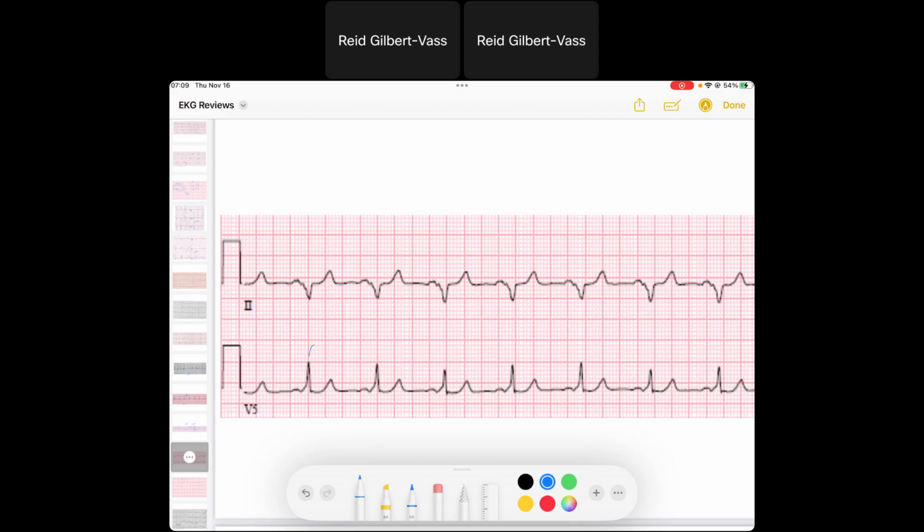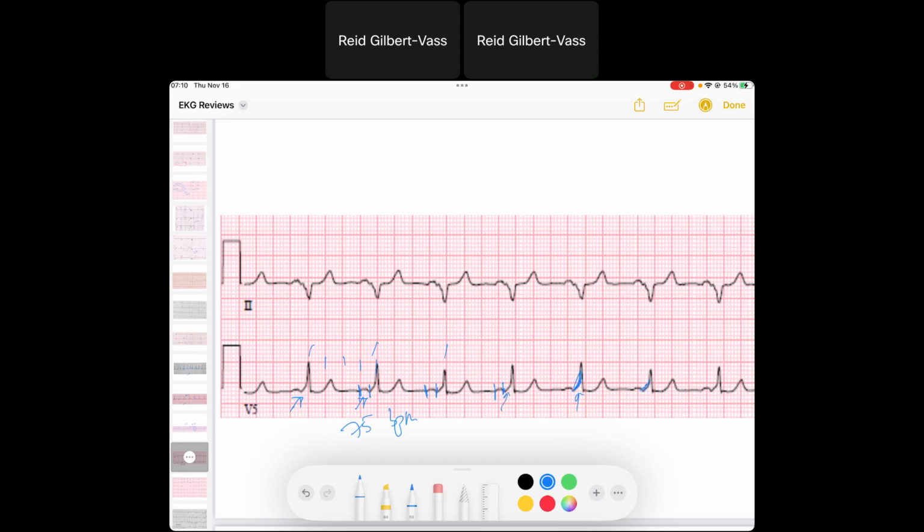Here we have a regular rhythm. Rate is 300, 150, 175, so 75 beats per minute. We've got P waves, but that PR interval is really short. When I think of PR intervals being really short, I think of maybe some pre-excitation. If you look, we've got these slurry delta waves,